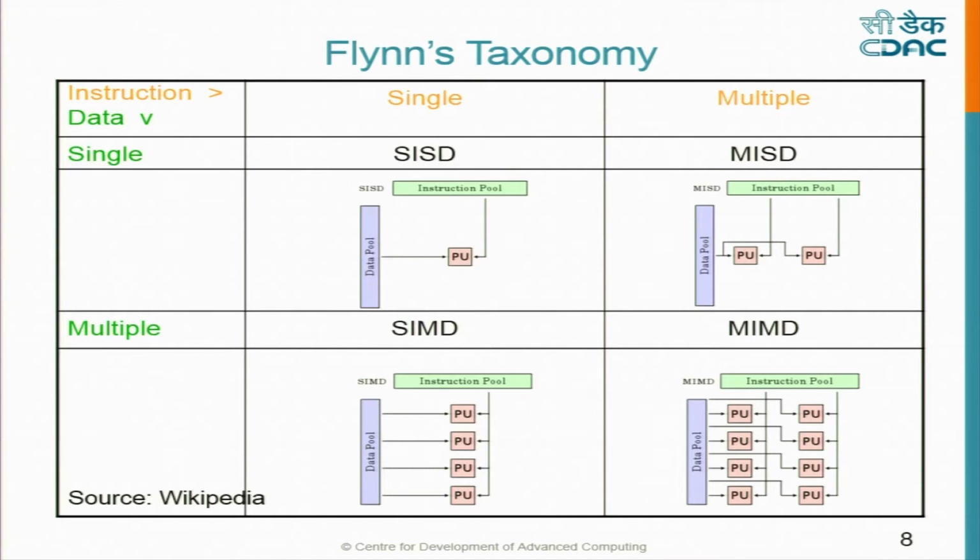Then the other important thing is that you have the same instruction, single instruction, but each instruction is taking a different set of data from a different pool. Or the last one is the instructions are different, the data is also different. So you have multiple instruction, multiple data. So let me explain each one of these, what is shown here diagrammatically.